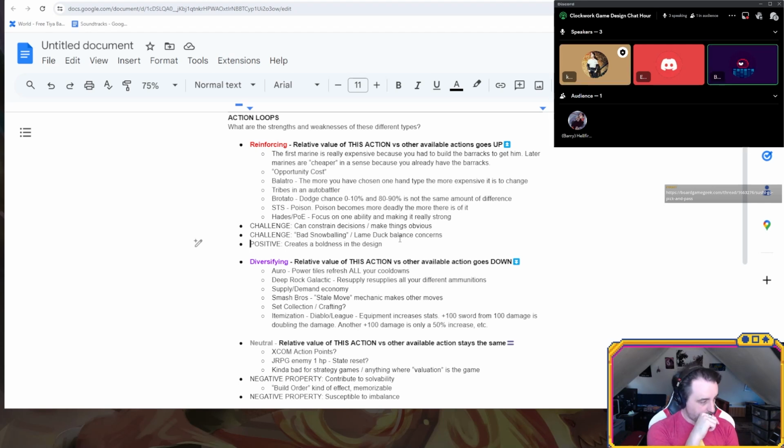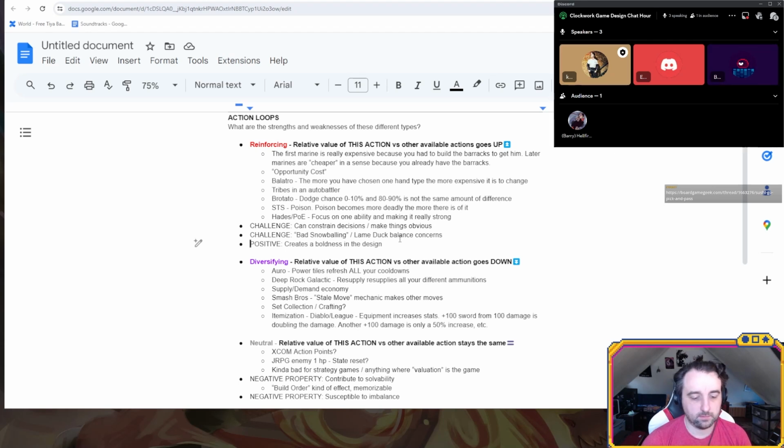Yeah. I do think this is one of the important things to note about one of the biggest differences between diversifying and reinforcing loops: with reinforcing, there might be a lot of different paths, so to speak, that you could take. At the beginning you're not really sure which path you're going to take, but as it progresses, it becomes more clear. Okay, maybe I'm going to take one of these two paths, and then once you're near the end, it's like, okay, I'm on this one path.